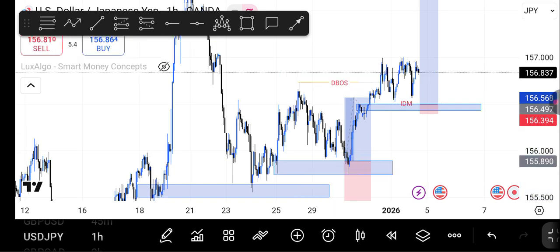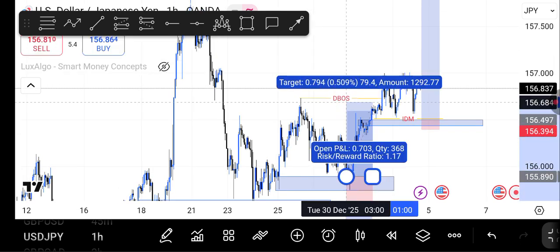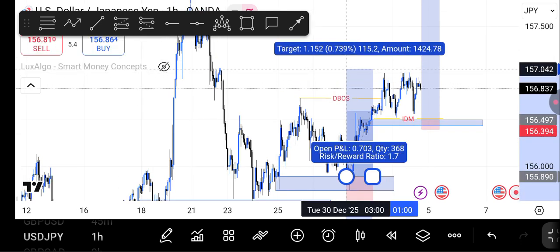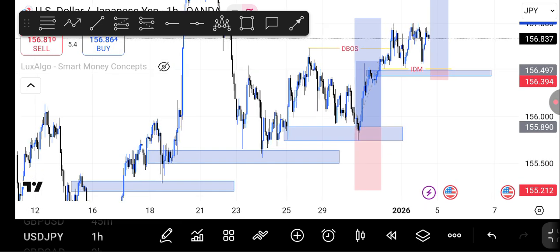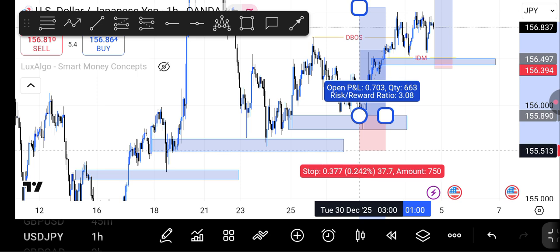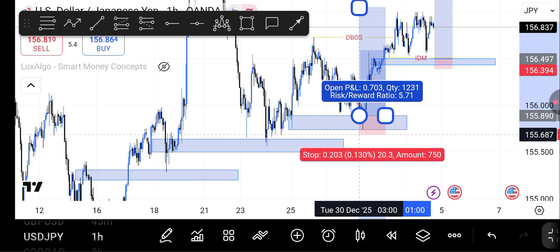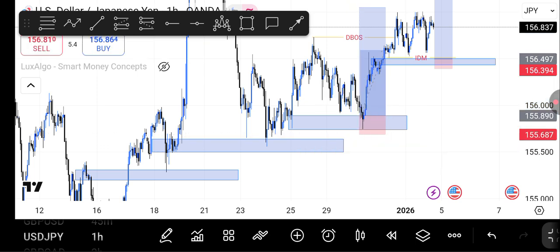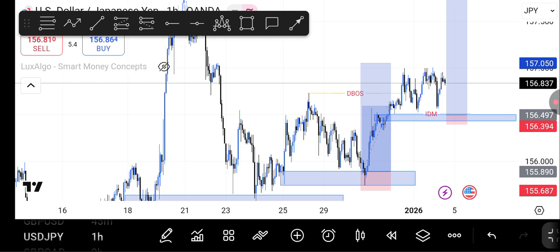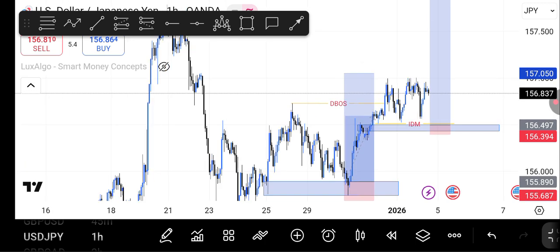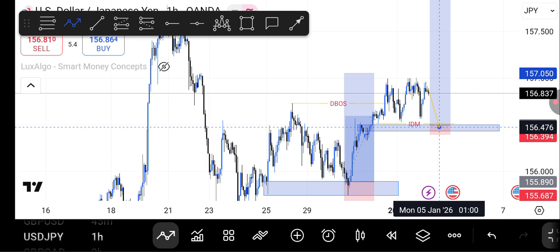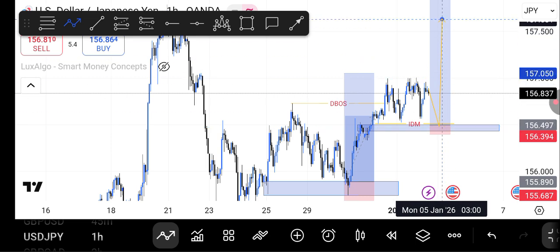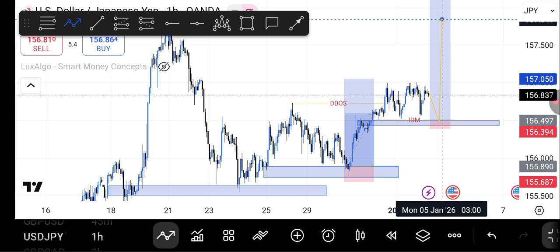I wouldn't have taken this trade because it's not that clean, and my TP would have been somewhere here, and my SL would have been below somewhere, something like 20 pips here, right? So I think this is the next setup. This next setup is what I'm expecting: price to come here, tap me in, and then rally here. I would have closed here or held till the next drawn liquidity,